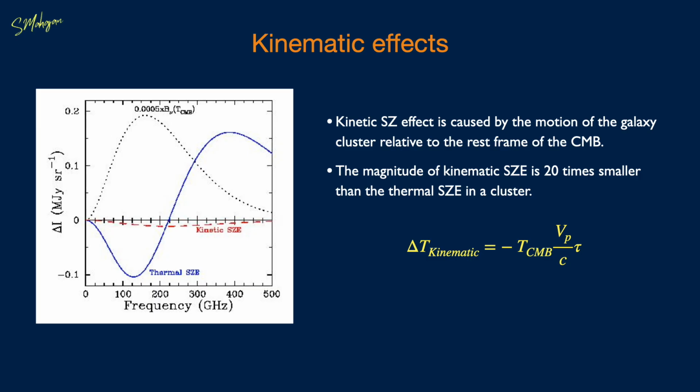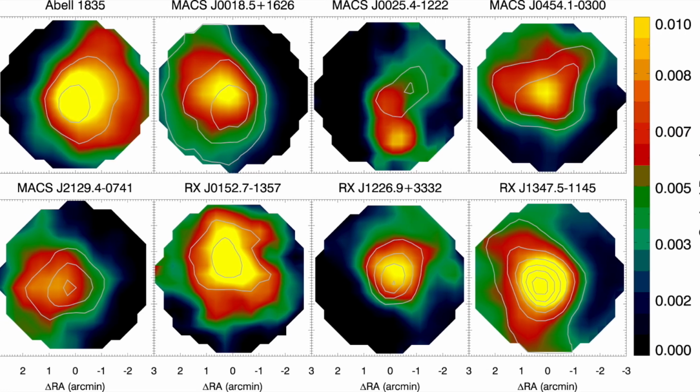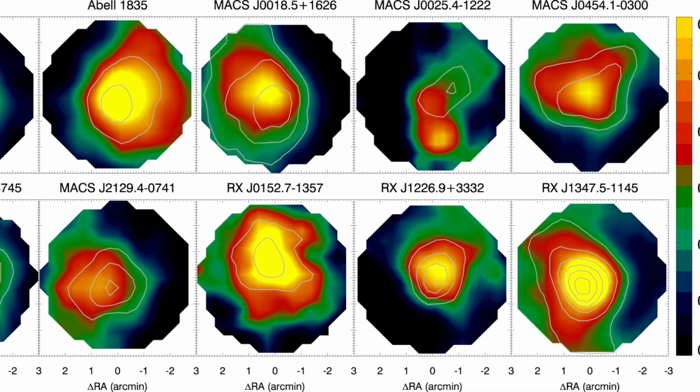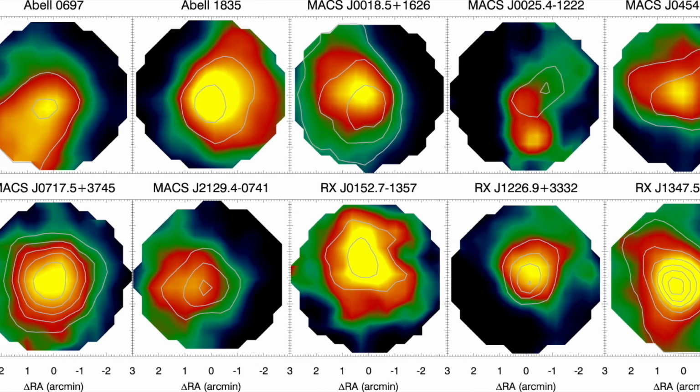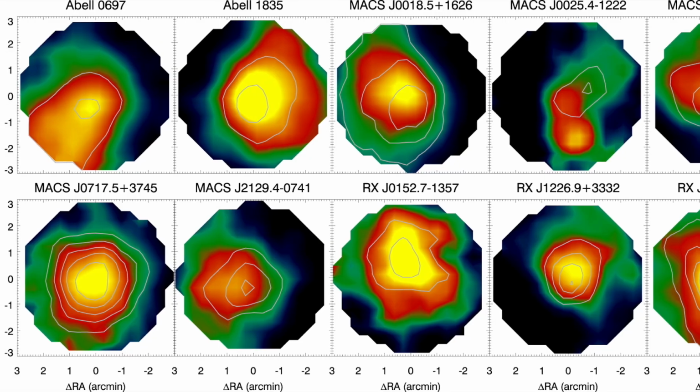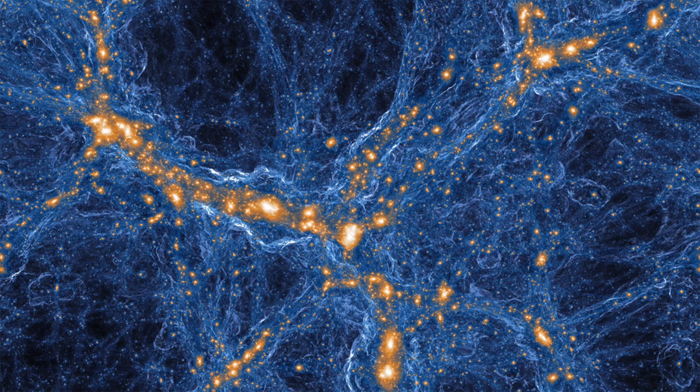The effect is relatively weak for most galaxy clusters, but gravitational lensing can be used along with the peculiar velocity to determine other velocity components for a given galaxy cluster. These kinematic effects can be used to determine the Hubble constant and the properties of clusters. Sunyaev-Zeldovich research is focused on modeling how the effect is generated by the plasma in galaxy clusters and on using the effect to estimate cosmological parameters such as the Hubble constant.